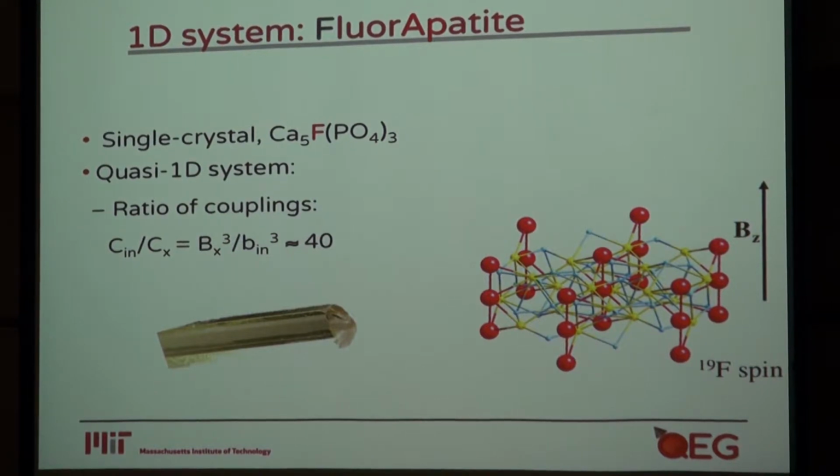It's just a crystal. You can find it in your teeth and bone. But you can also find it on either eBay or Etsy. You just buy a pendant for $10, and then you have a very nice crystal which you can put inside